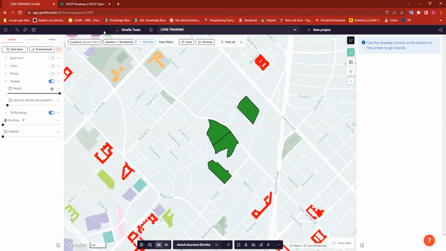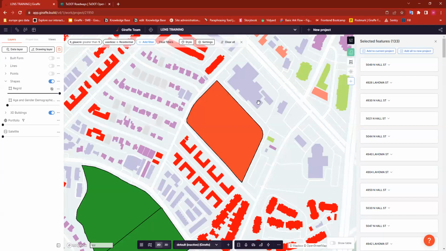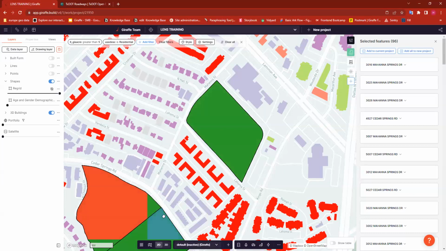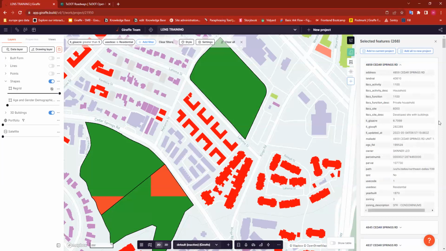And then what you can do is click on these, and occasionally the Regrid data set has a million shapes on top of each other. So you end up with this kind of information where it's very stacked. I'm trying to find one that's not so bad, but I guess in this case, they've just got so many stacked on top of each other. These might actually be multiple parcels, or they were at some point, or I don't know what the situation is with those. But I can now open this up and see